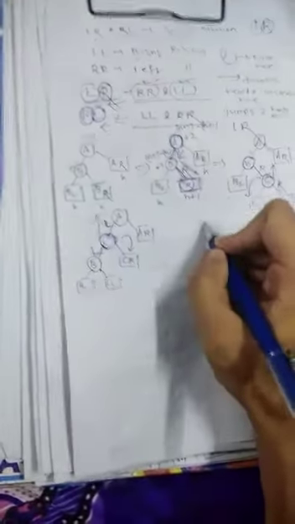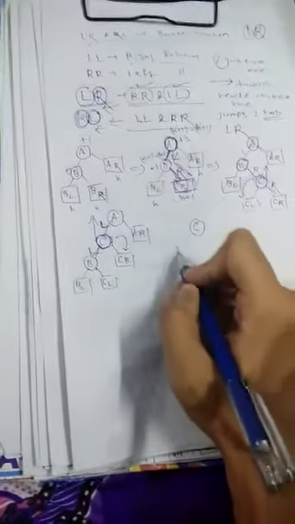So what is the LL rotation? In the LL rotation, we have to perform a right rotation. What is the right rotation? This is the middle node, we have to rotate right and this will go up. Rotate this right, that means C will be there, B will be there, BL will be there, and CL will be there.